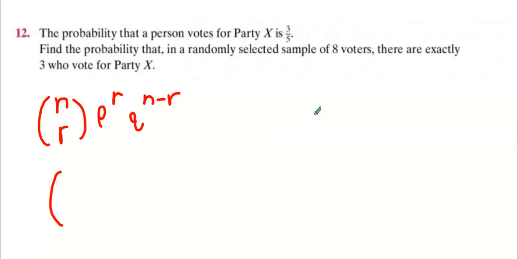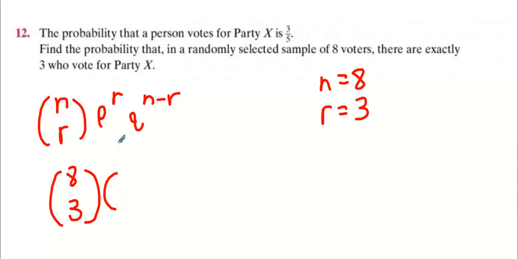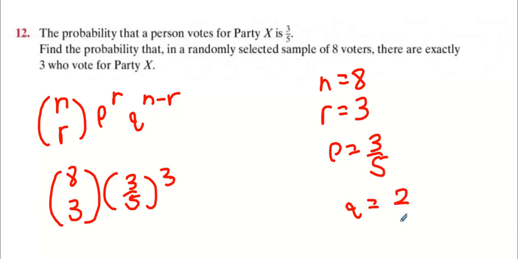So 8 people, n is equal to 8. You want 3 successes, r equals 3. So it's going to be 8 choose 3. That's how many different ways it can happen. You want 3 successes, so 3/5 to the power of 3. So p is 3/5. What's q? 2/5, because if your success is 3/5, your failure is 2/5 to the power of 5. Why is it to the power of 5? It has to add up to 8. Throw it all into the calculator and you get